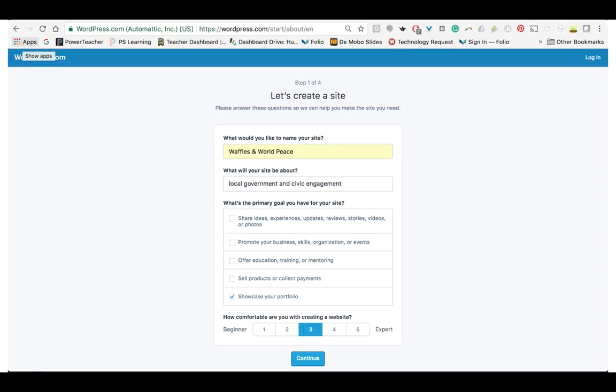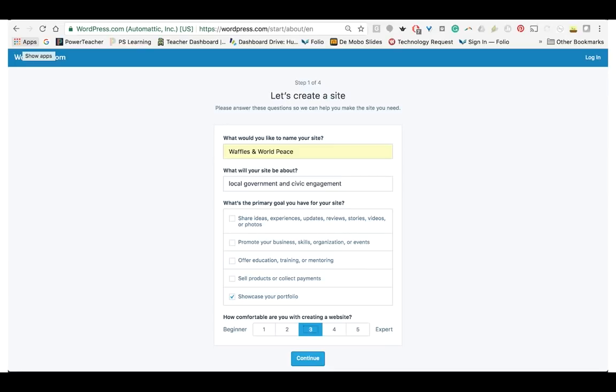And then you also want to think about what your site is going to be about. So you might put that it's going to be about photography and high school, or it could be about skateboarding and learning, or thinking about some of the hobbies that you have and how you might include them in this site, and also how this might capture some of the learning that you're going to do while you're in high